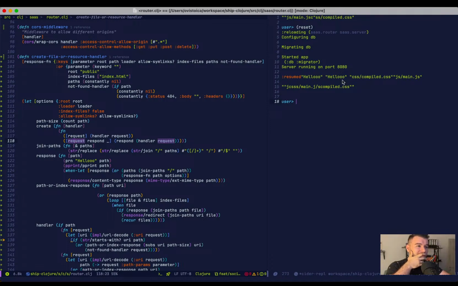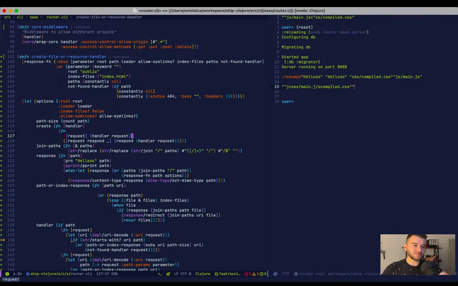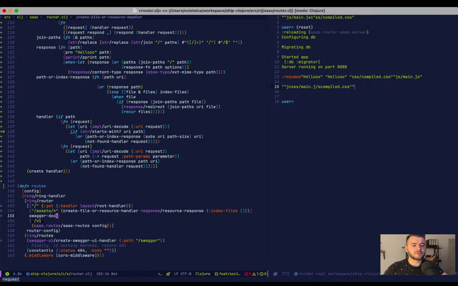Hello. The compiled CSS, this is the problem, because it doesn't put the assets in front of it. So it should be,